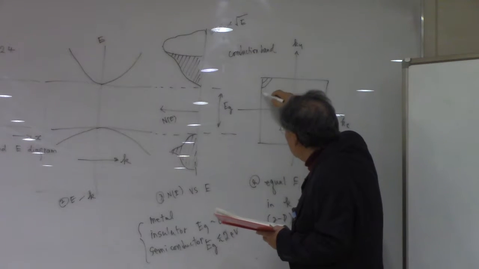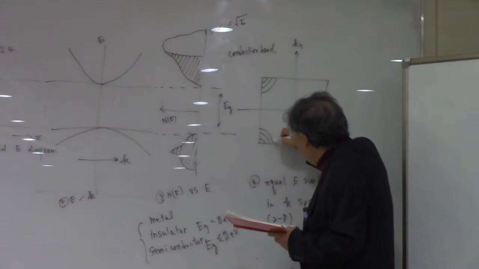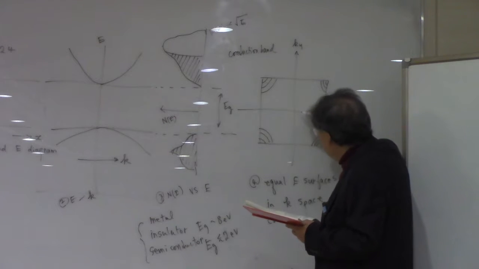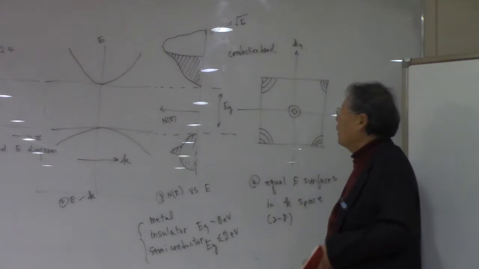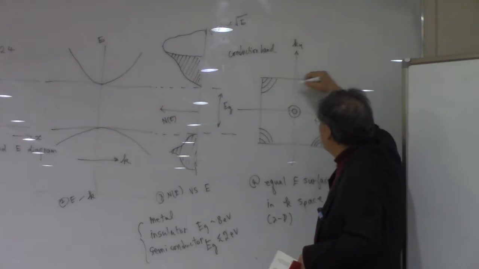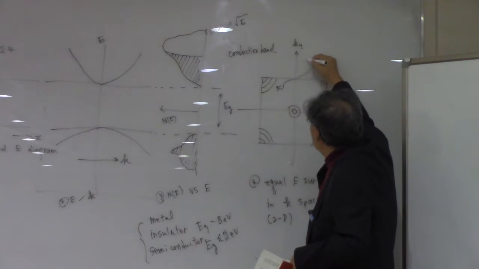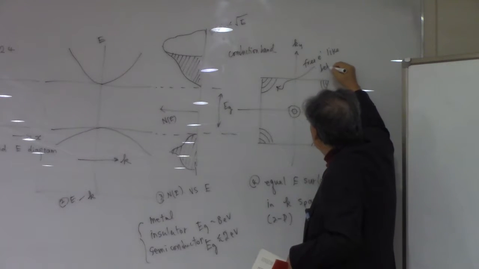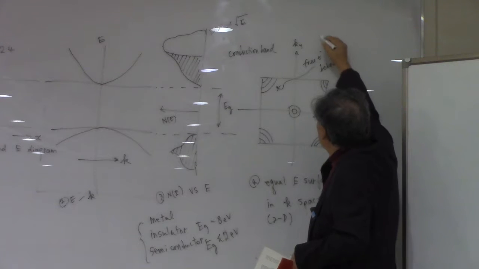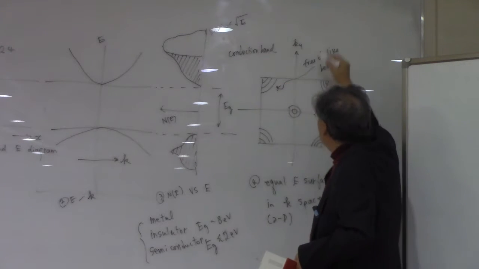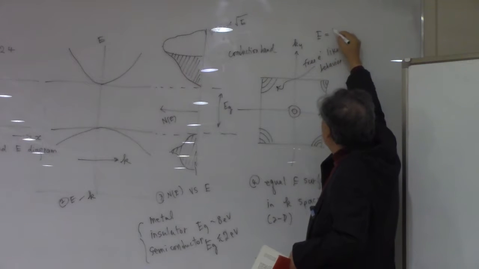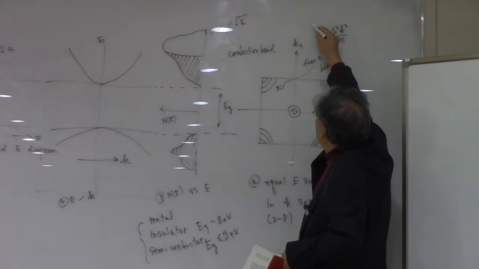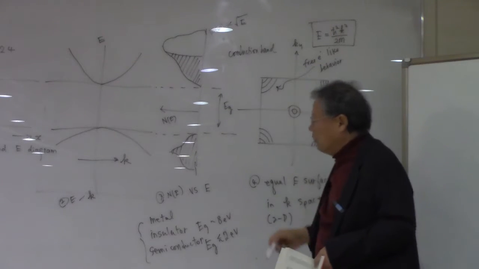And at the edge, at the corners, we have a free electron-like behavior. And at the center, we also have free electron-like behavior like this. Free electron-like behavior means in these corners and the center, energy is h bar square k square over 2m. Okay? That is the free electron